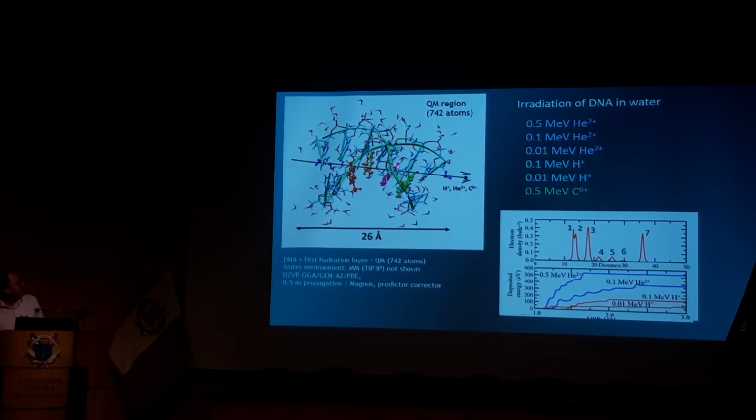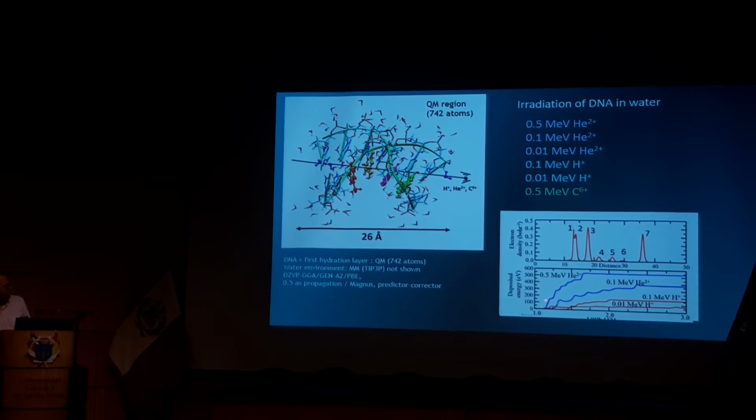So we did QM/MM simulations. This is only the QM region, but it's still quite a big system. The projectile is going through the double helix, hitting these various molecules that you have in color: 2 water, 1 base, 2 base, 3 base, 4 base, and finally a 7th water molecule. And here you see the density profile of the ground state along the dynamics, and these peaks correspond to the densities of each of the fragments.